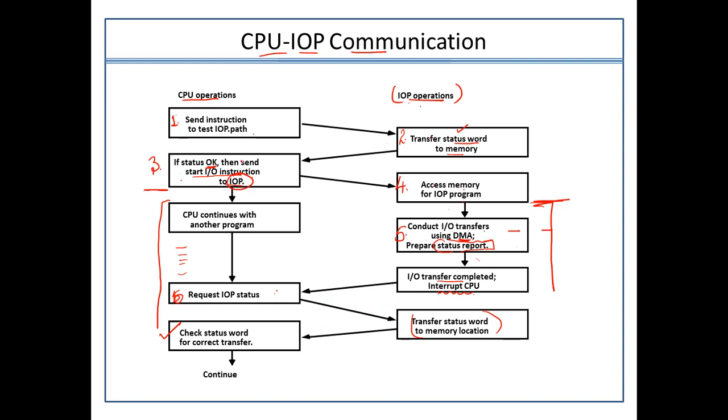So the one important point was that the CPU has initiated the task, and only then will the IOP send its status report. By checking the status, the CPU will grant the IO instruction to the IOP. Once the IOP is done with the entire instruction or execution part, it will prepare a status report and also ping the CPU that I am done with the things. So the CPU will ask for the IOP status report. After displaying the status report, the transfer of the data has successfully been done. So the CPU will return back to its own original operations.